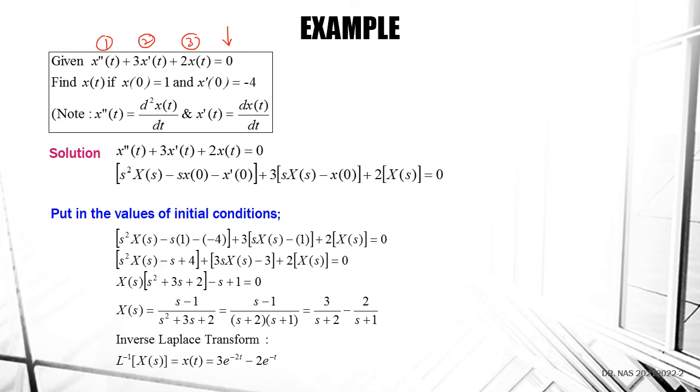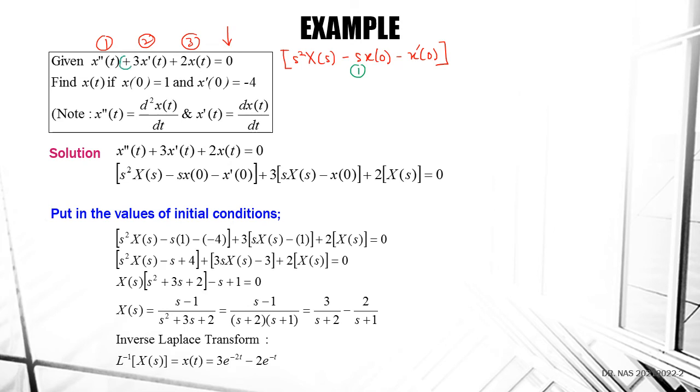So now let's start with the x double prime t. Double prime means s to the power of 2. So for the first component, it is s to the power of 2 Xs, minus s to the power of 1 x naught, minus s to the power of 0 x prime naught. So this is for the first component,